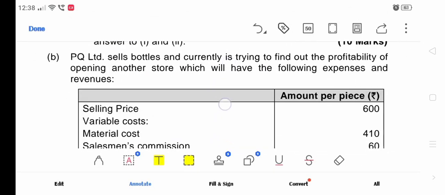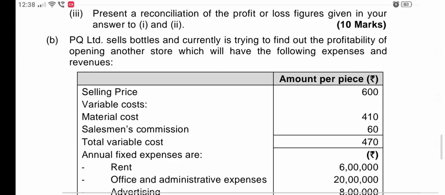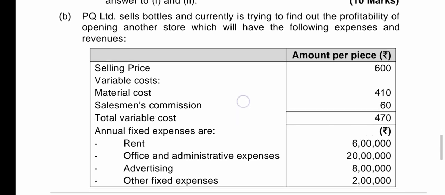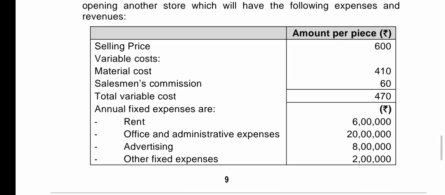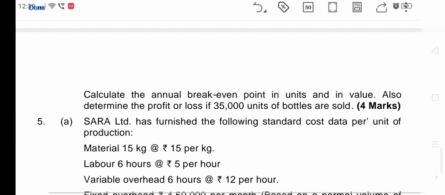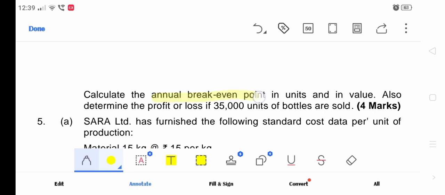Okay guys, now let's quickly come to question number 4 part B. This is a short and cute question. Let's finish it fast. So what he says is that PQ Limited sells bottles and is currently trying to find out the profitability of opening another store which will have the following expenses and revenues. Okay, so he has given the selling price and variable cost and some fixed costs. So what he wants is the annual BEP, annual break even point in units and also in value, and